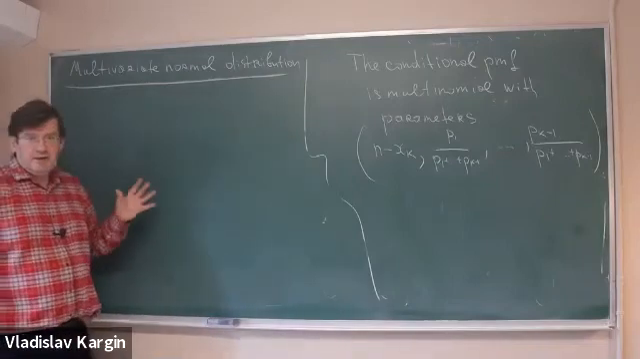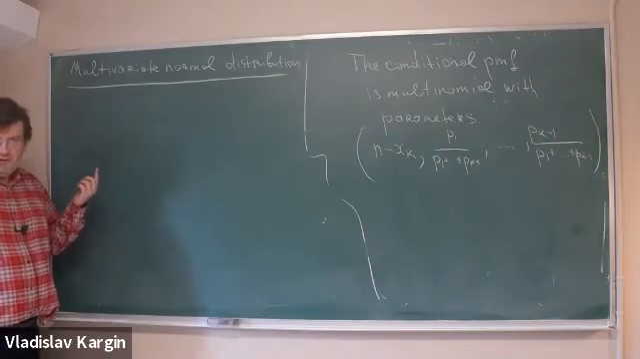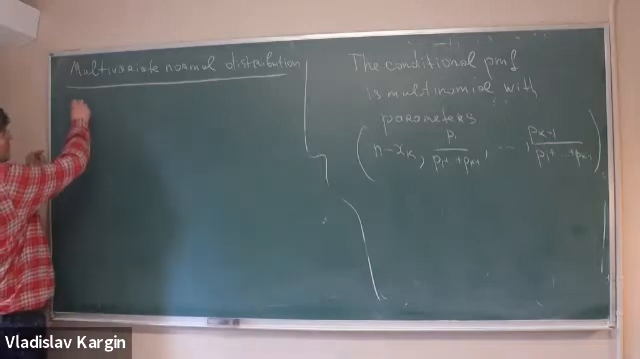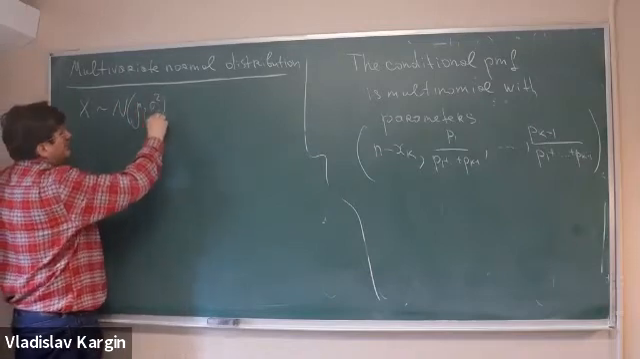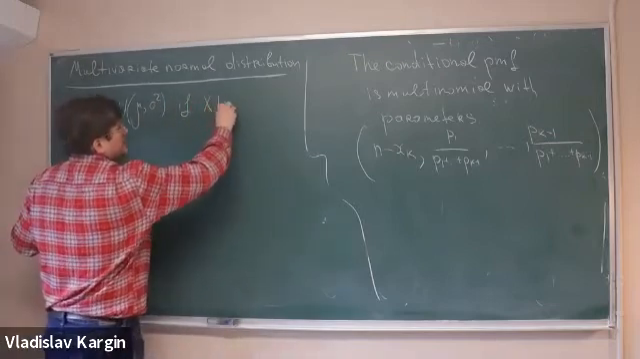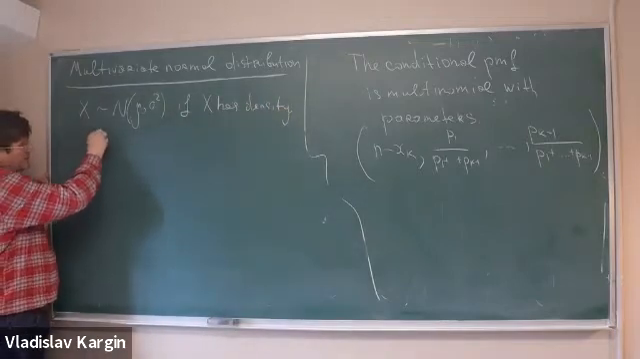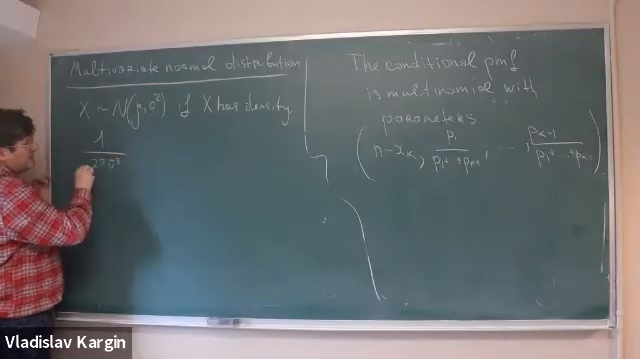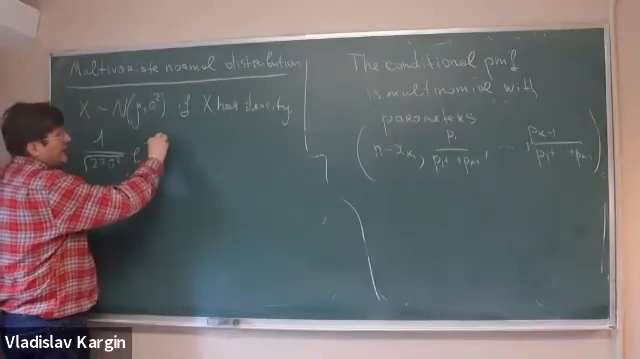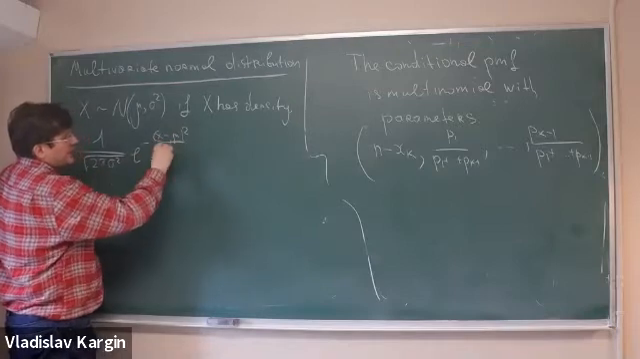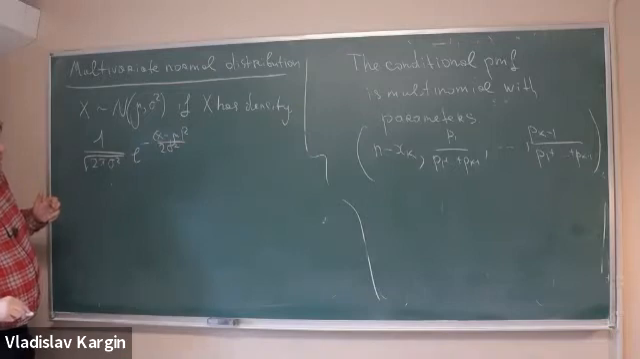So now, to motivate it, just a reminder: what was a univariate normal? What's the density of a univariate normal? X is normal with parameters mu and sigma squared. So if X has density, the density is 1 divided by the square root of 2 pi sigma squared, times the exponential of minus (x minus mu) squared divided by 2 sigma squared. So this was the density of this distribution, and it turns out that this is a very